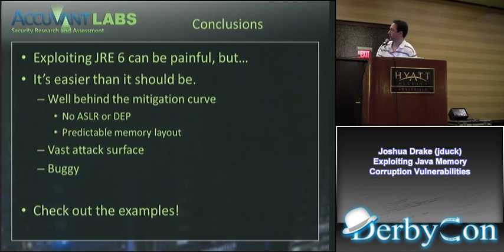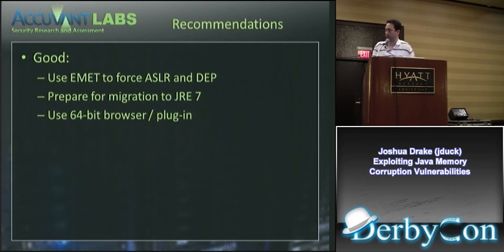All right. So in conclusion, JRE6 can be a pain in the ass. You can see all the wonderful ways they've tried to make our lives more interesting and to not have an easy time. But it's easier than it should be. It's way easier than it should be. In fact, with that DLL from Java, since it's loaded in the browser, you can use it to exploit any vuln in the browser, because it still doesn't support dependent ASLR for that module, and it's there. So it's got a big attack surface. It's really buggy. So check them out, the examples when I put them out. I'll make some more demos before I release them, or maybe release them staggered or something.